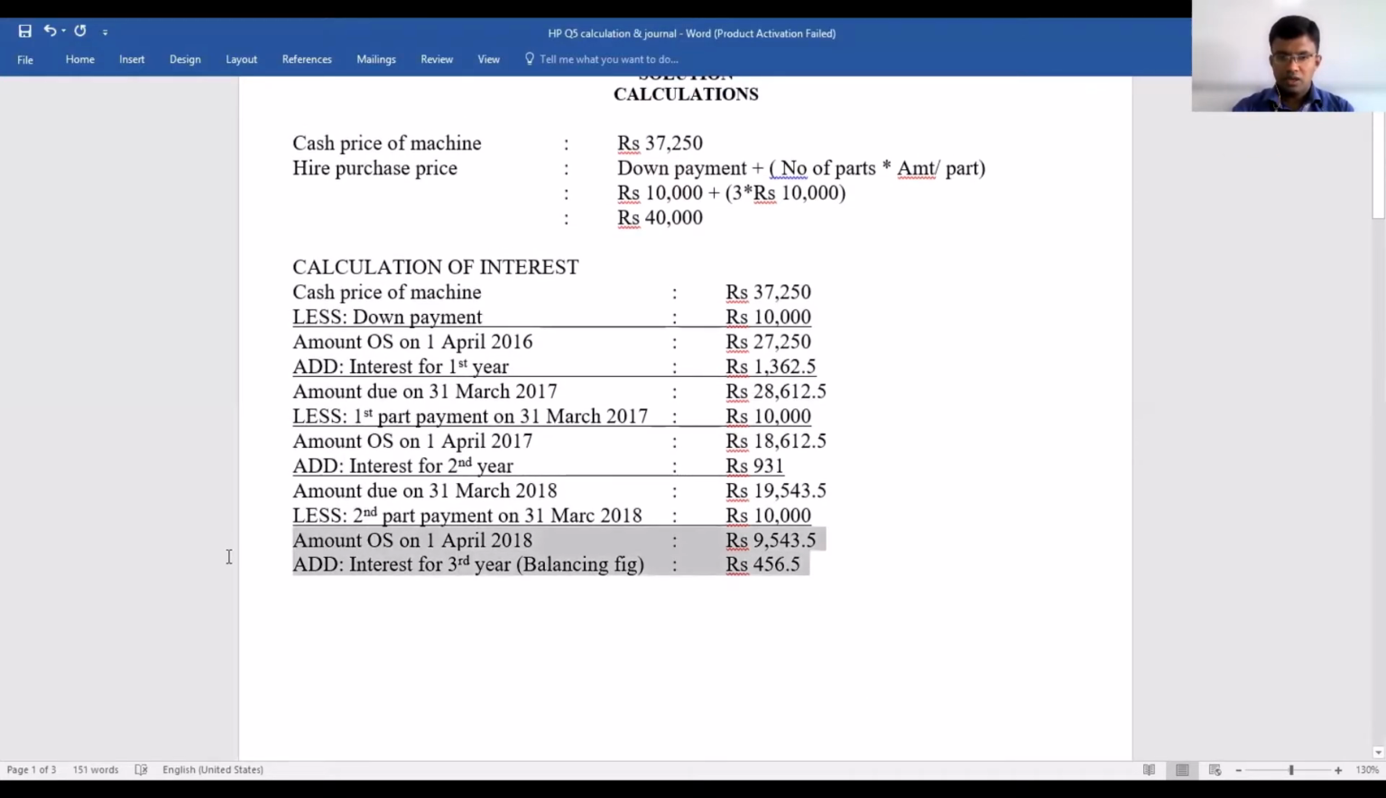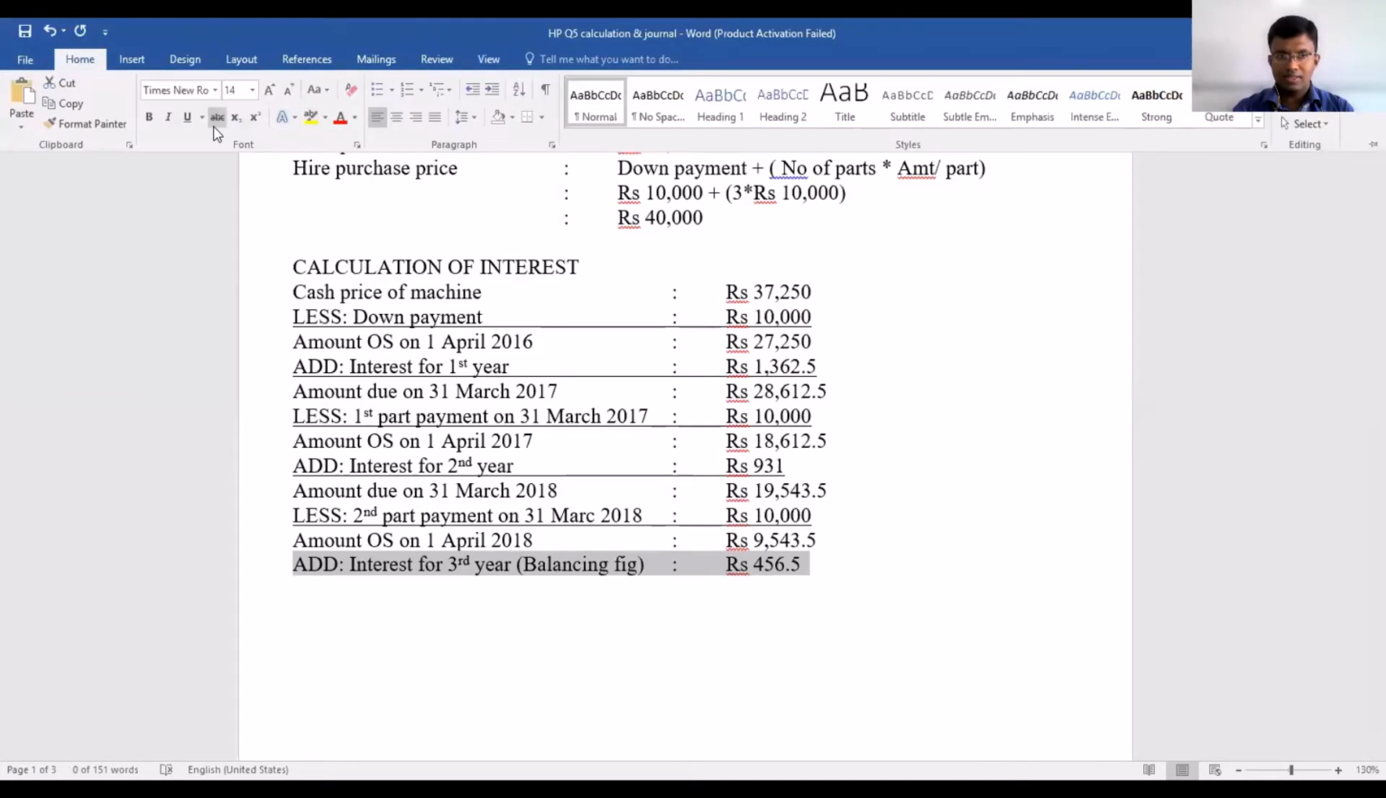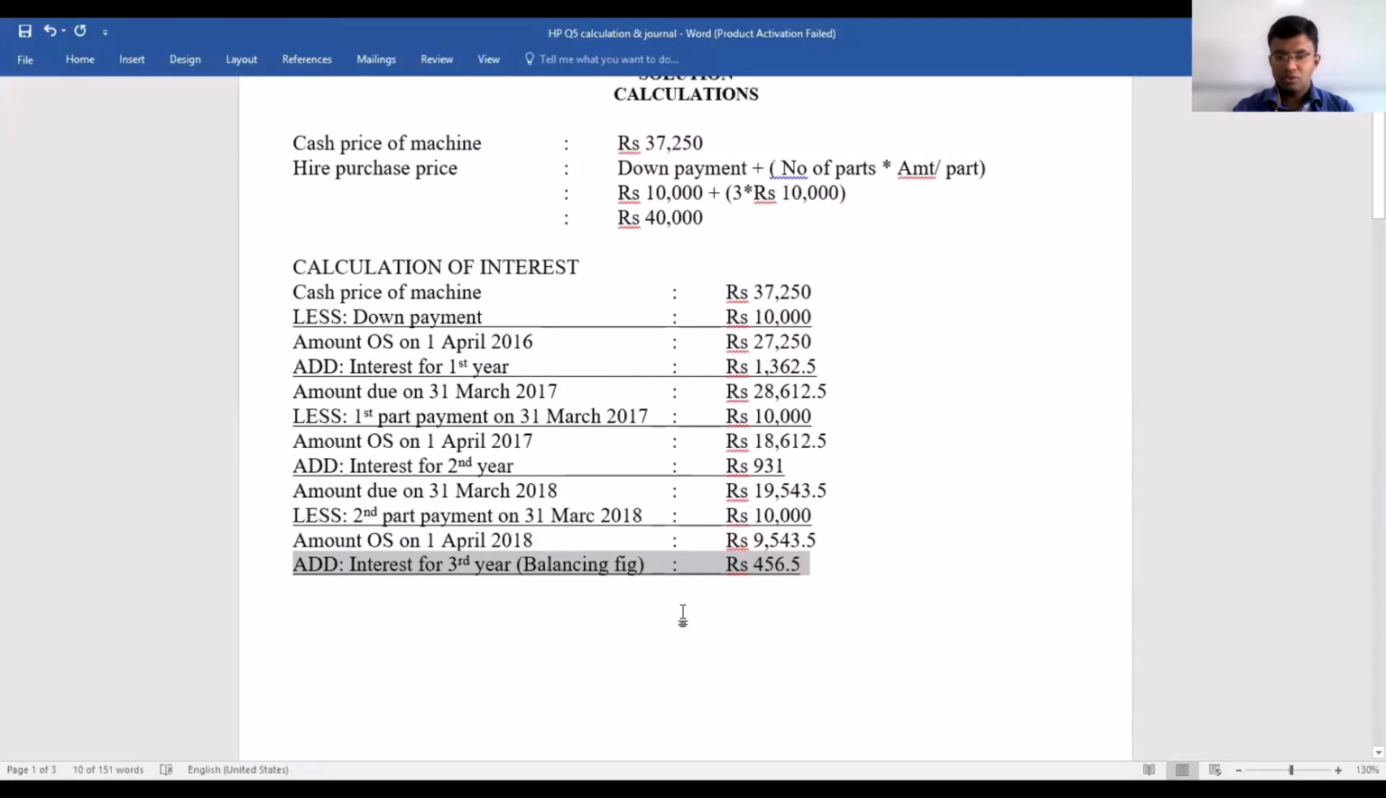So how do we calculate the interest for third year? Interest for third year, we will be calculating it as the balancing figure. So 9,543.5 minus 10,000. Okay, so that is your balancing figure, which works out to be 456.5. Okay, so amount due on 31st March